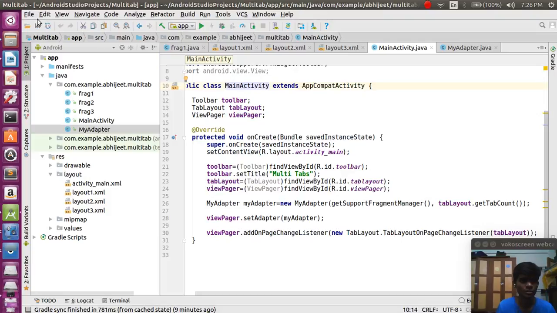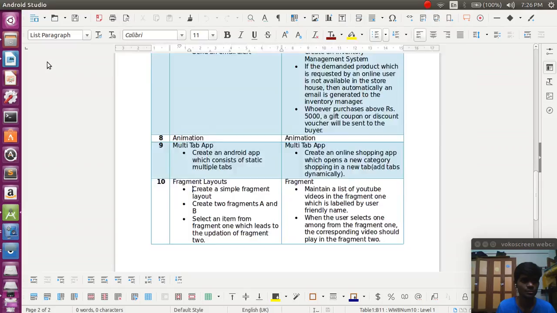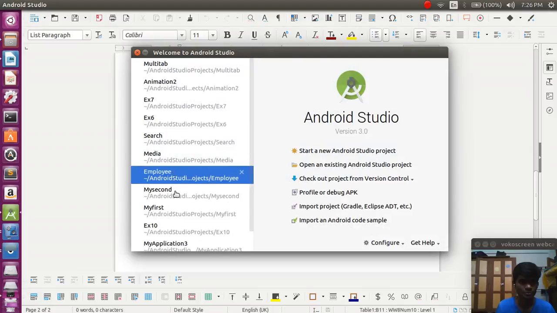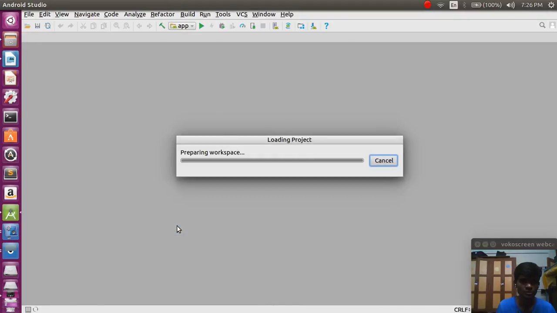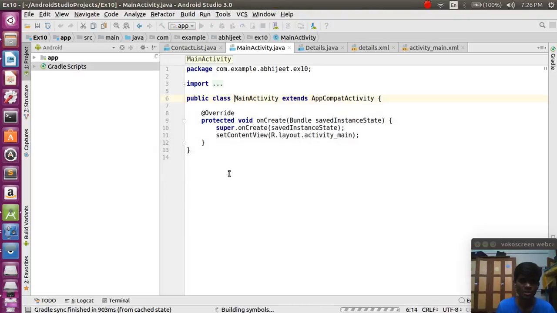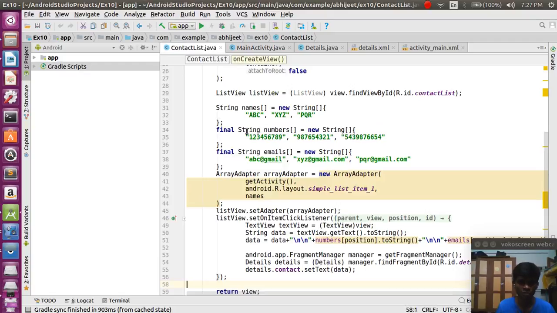So this is our previous experiment, and this is our experiment number 10, in which we are just going to change that thing. So how we are going to change it, we are just going to